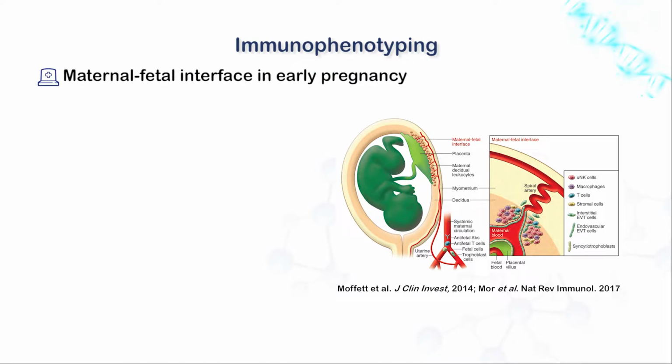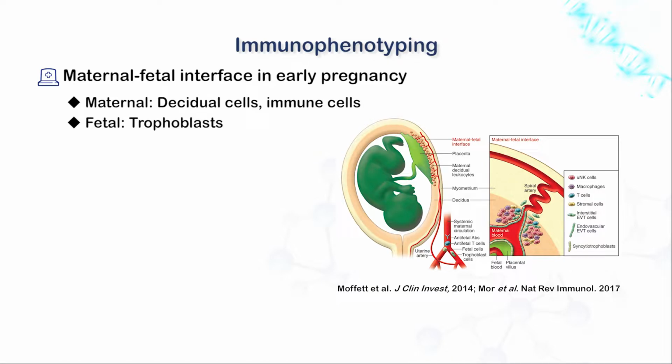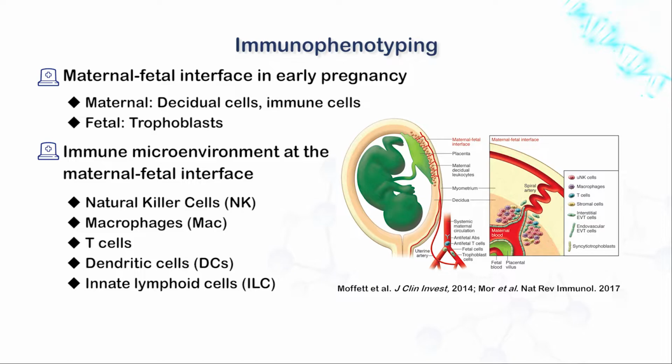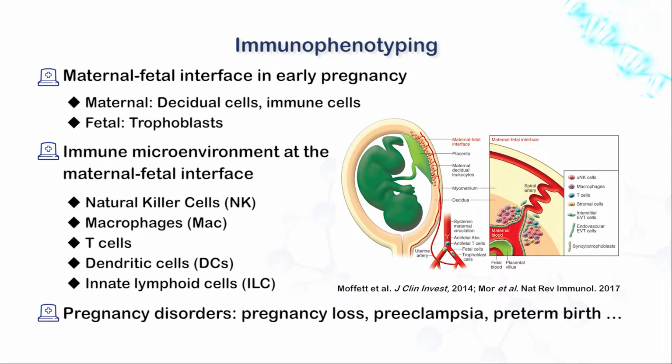The maternal-fetal interface is the basis of immune tolerance in early pregnancy. The maternal-derived decidual cells and immune cells and the fetal-derived trophoblast cells interact with each other to maintain normal pregnancy. An in-depth understanding of the immune response in the periphery and at the maternal-fetal interface during pregnancy can reveal the mechanism of maternal-fetal immune tolerance and contribute to elucidating the pathogenesis of pregnancy disorders such as miscarriages, preeclampsia,